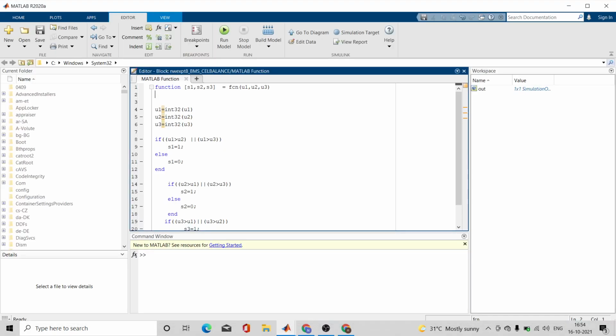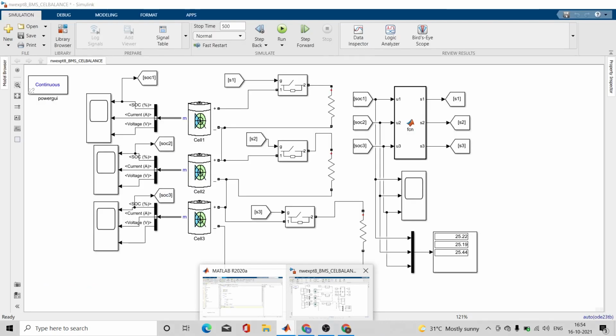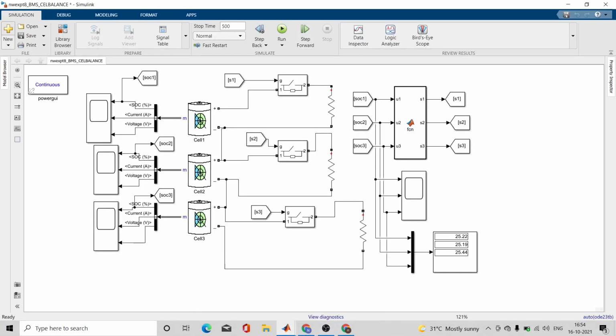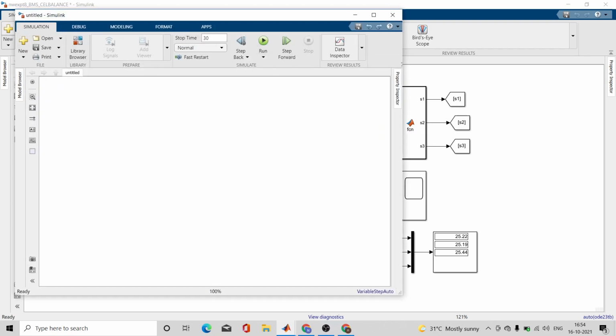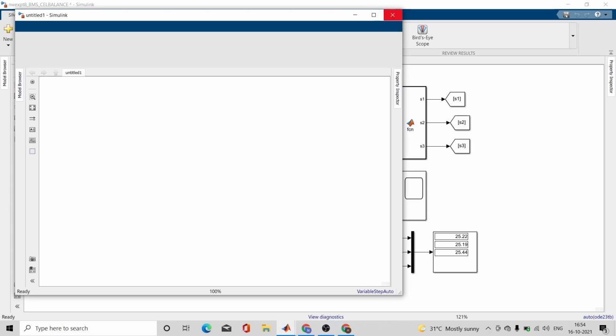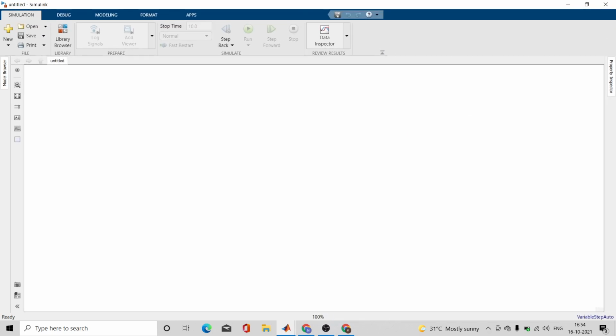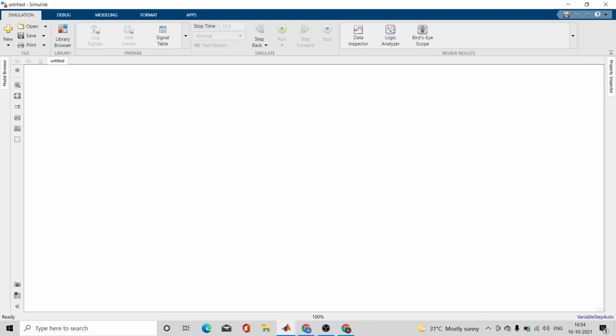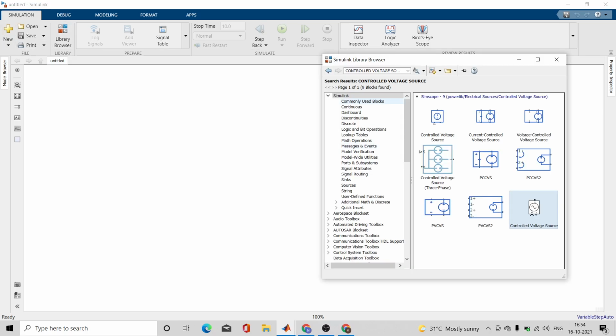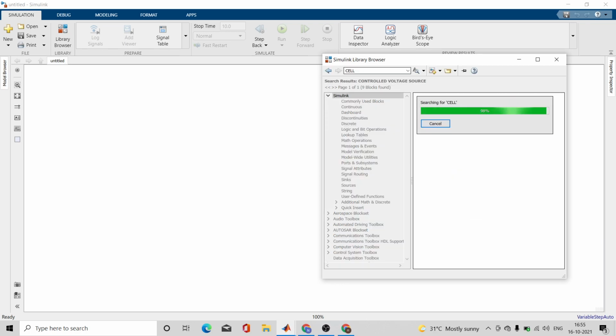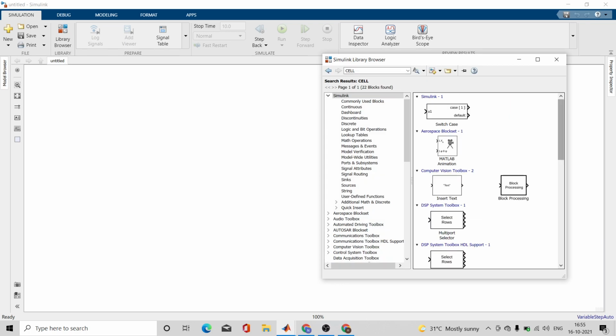Let us take a new Simulink model. Let's go to the library browser, find cell, scroll down.